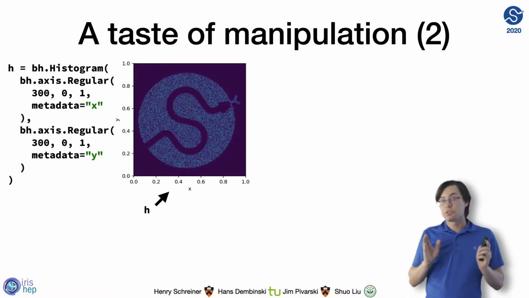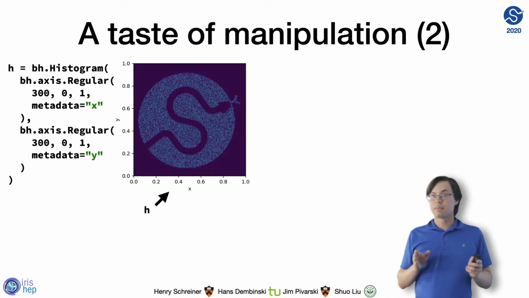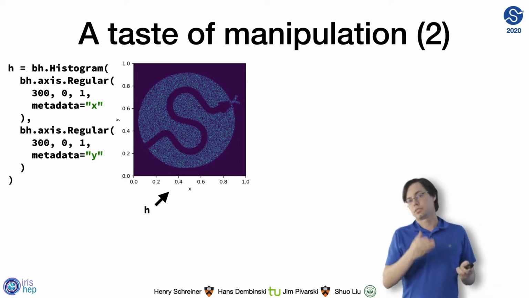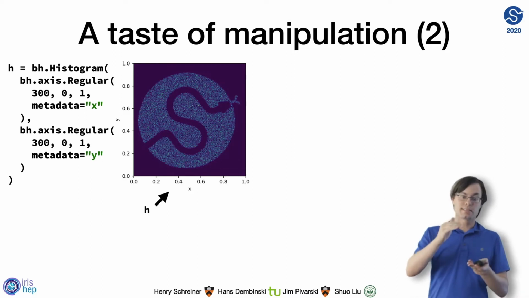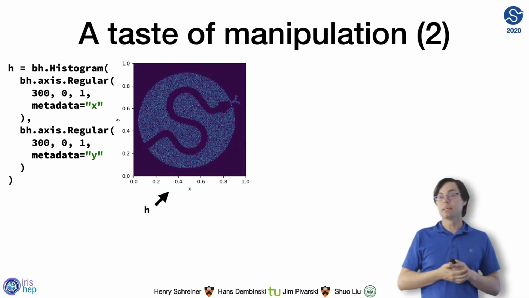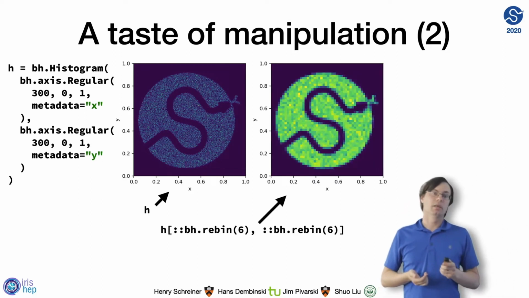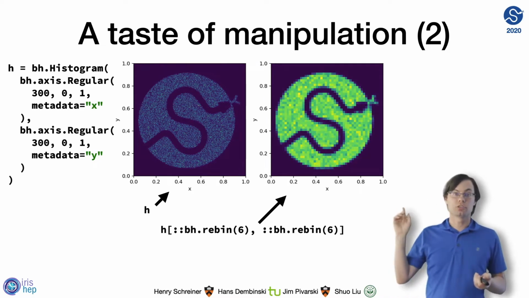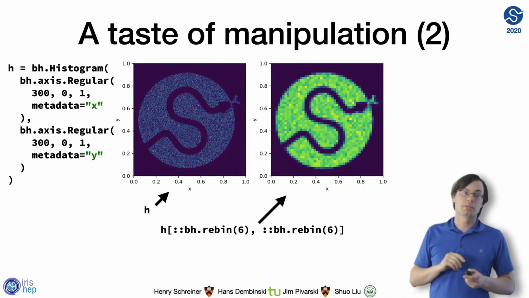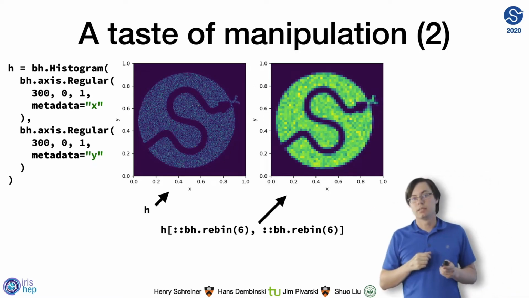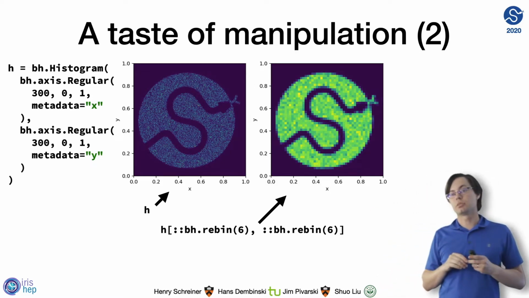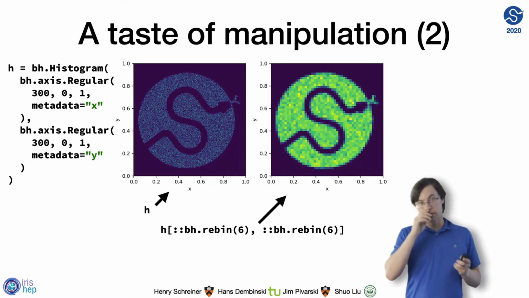And now if I want to make a rebinning of the axes, let's say, because this is a very high density histogram, it saves time to do a very high density and then rebin later if you really want something different. I can just do a rebinning. So here I just use the slices, and I'll be talking about this later, but you can apply an action to each item in the axes. So I'm applying the rebin action, and I'm rebinning it,